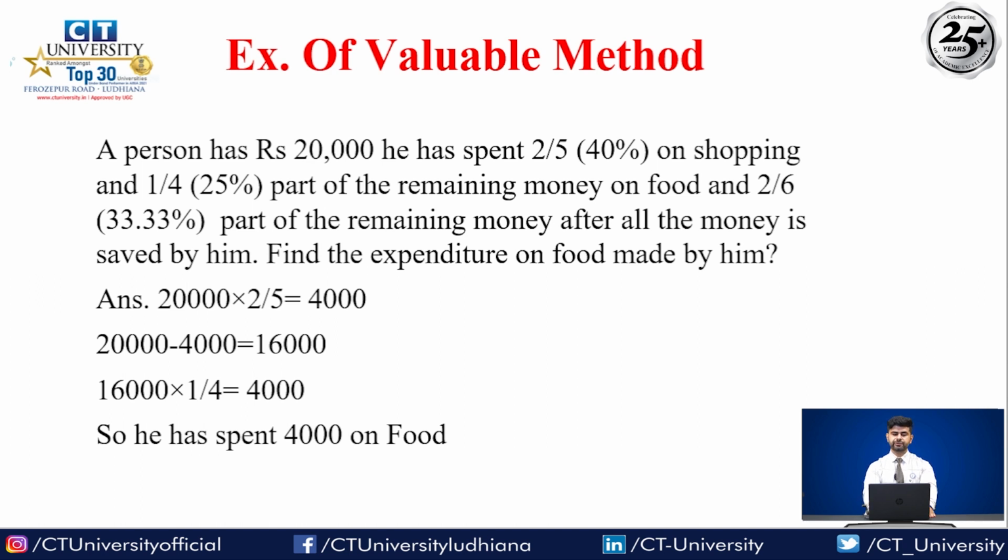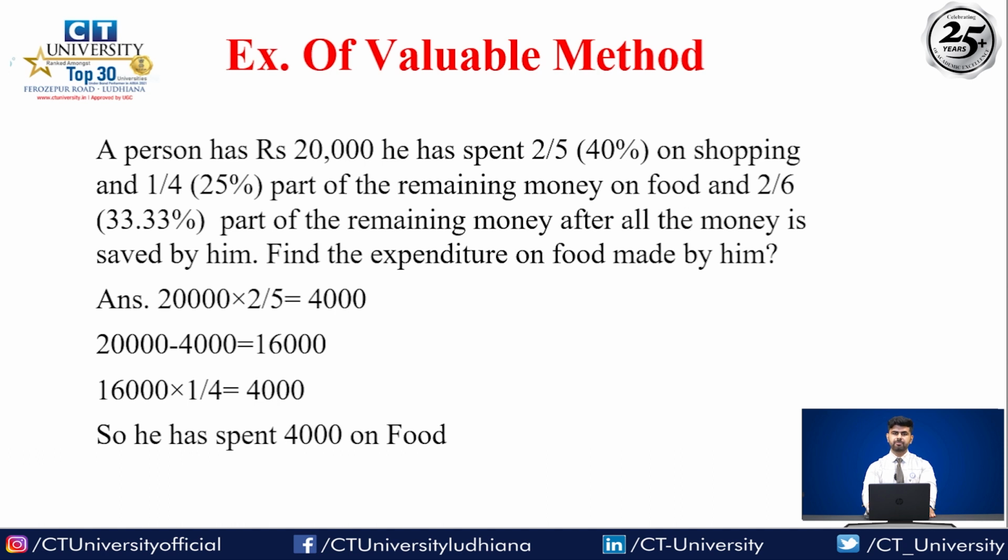Now, an example of the valuable method. A person has 20,000 rupees and he has spent 2 over 5, which means 40%. How did I get 2 over 5 means 40 over 100? If I divide by 20, 2 times 20 is 40, 5 times 20 is 100. That's why I got 2 over 5, spent on shopping,